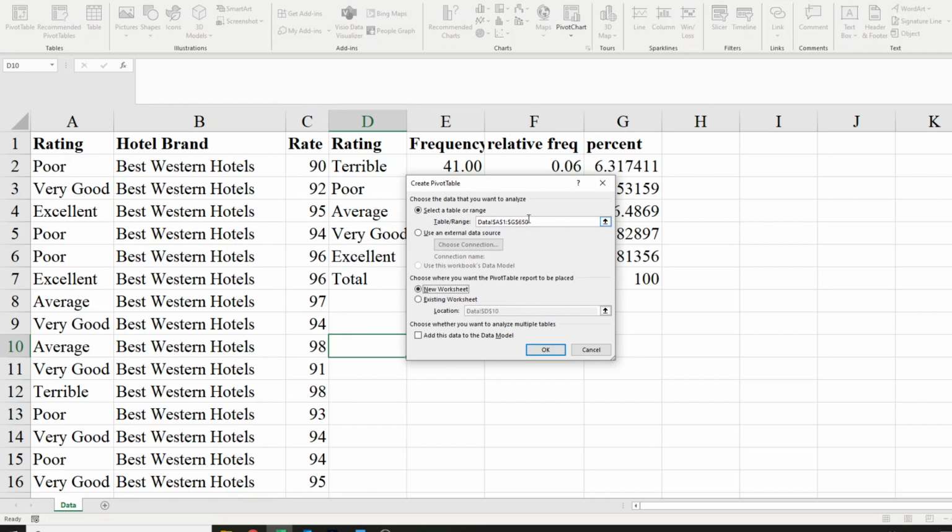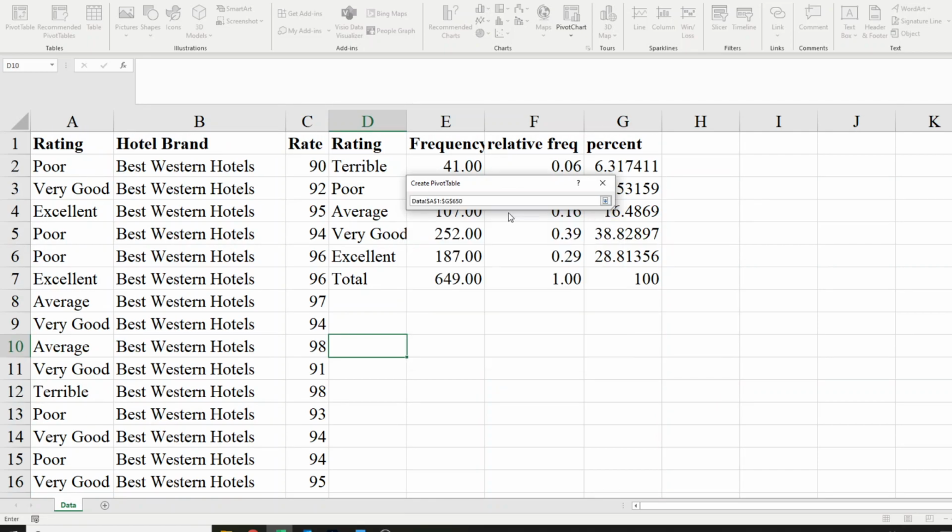Although we only want to create a frequency distribution for rating, I recommend you select the whole data set, and I will explain why. So let's do it together. After you go to select the table, there is an icon that looks like an arrow pointing up, so you click it. And then you just go ahead and select. When you are using the pivot table method, it is very, very important that you include the labels. So we are including my labels from A1 to